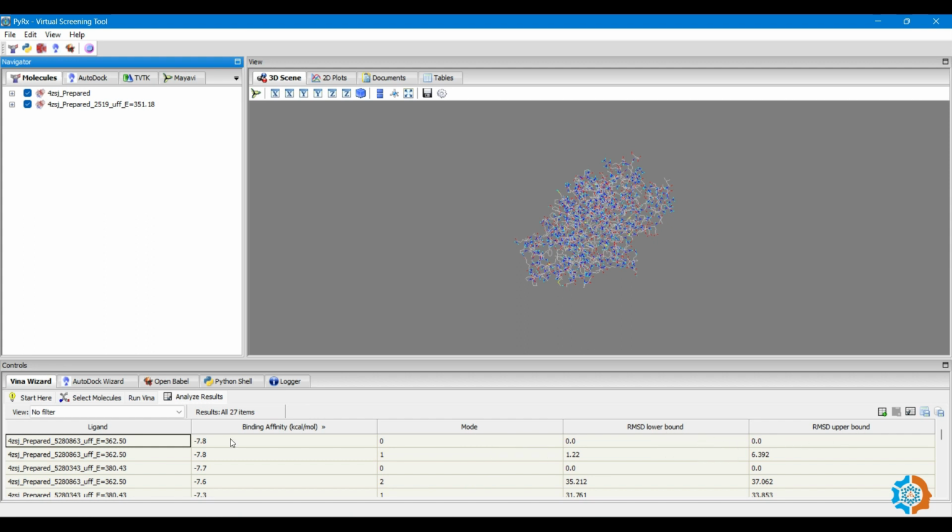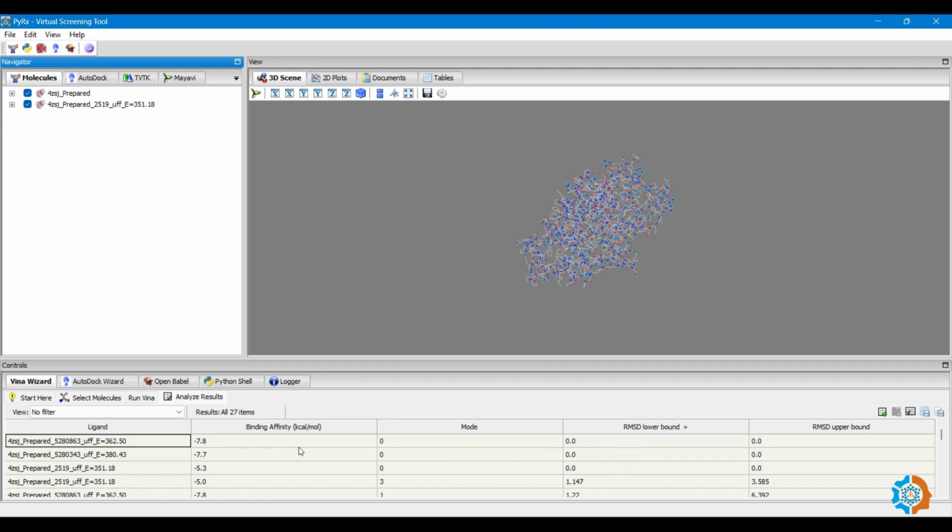For a strong complex, binding affinity should be least in amount, that means the highest negative value, and RMSD should be 0 or near 0. I click on this RMSD value and then I will get the least RMSD. These are all poses having the least binding affinity as well as the least RMSD, that is 0.